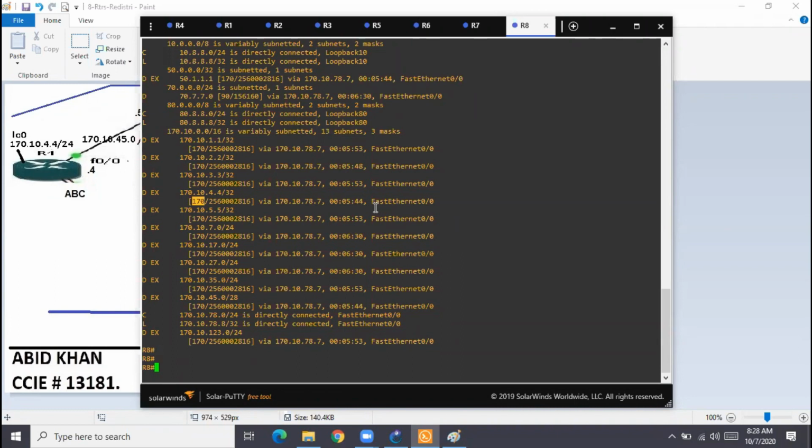When they programmed EIGRP, they said, hey EIGRP, anytime you redistribute any external routes, you will advertise a higher administrative distance. Why? To prevent suboptimal routing and routing loops. Because lower will always be preferred, and higher will not be preferred.